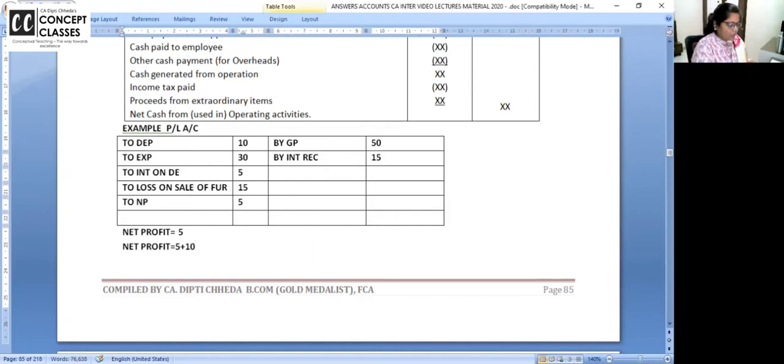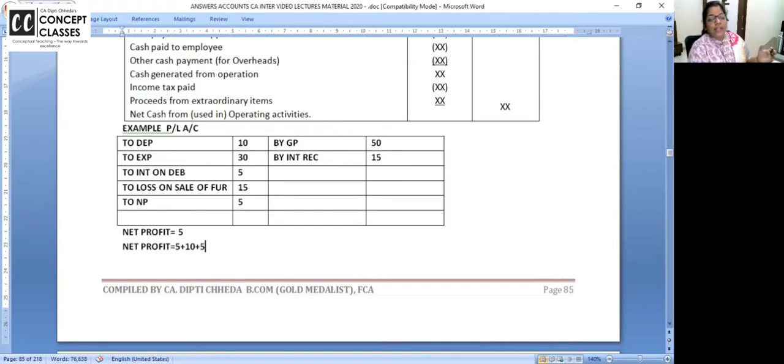Then what I want to add back, I'll work out the problems also, but this is just to give you a concept. Interest on debentures. You can say, ma'am, interest on debentures is paid in cash. But interest on debentures, is it an expense related to my core operating business? No. Interest on debentures, I am paying as outflow when I am issuing debentures. I am paying interest on debentures as outflow in the financing activity. Now I have debited interest on debentures here also. So can I show outflow at 2 places? No.